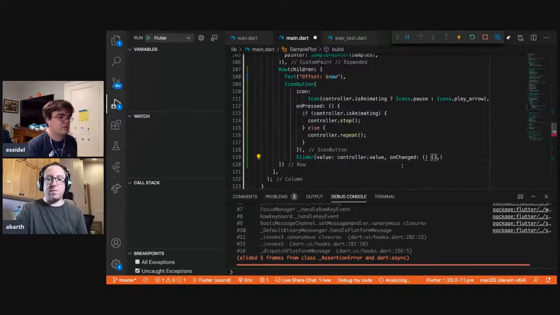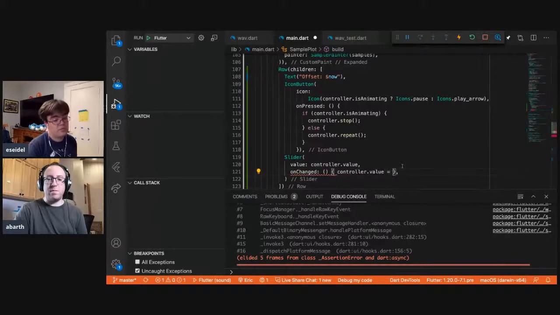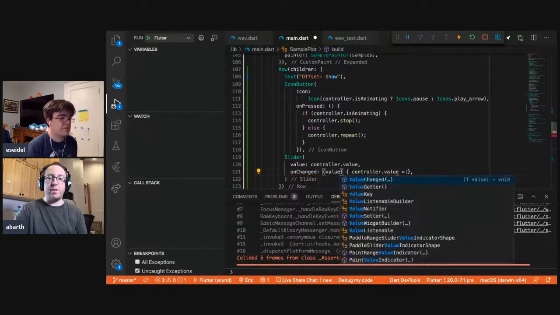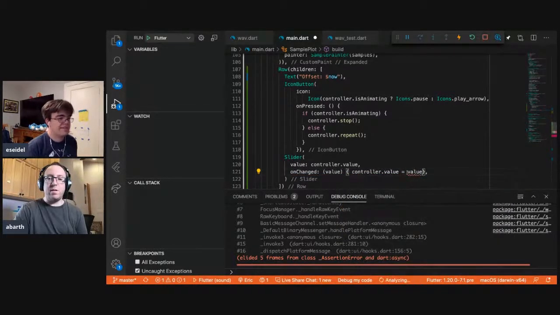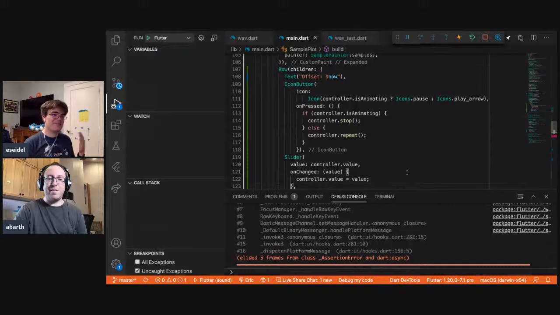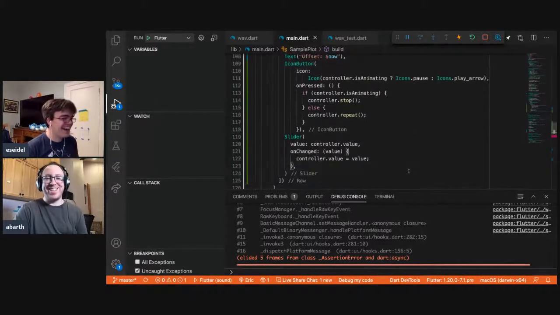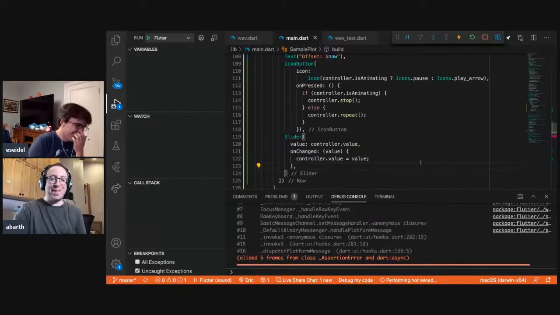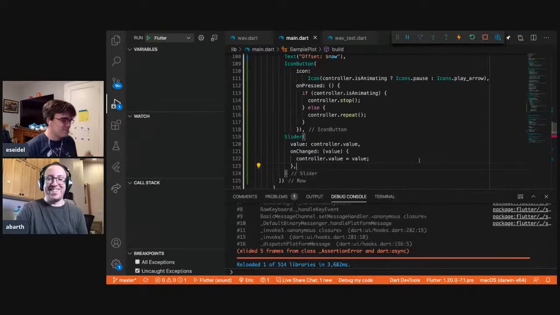And we want to set controller.value equal to value. I believe it passes you value. I don't know if this is a normal experience for people to just write the code that you think is supposed to work, and then it kind of works. You kind of have a cheat code for that in the sense that you might have picked the names for many of these things some years ago. Yeah, it's buried in the brain.